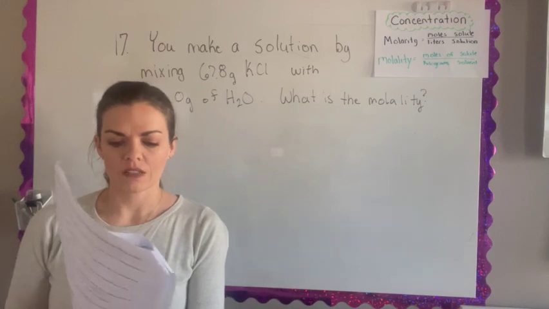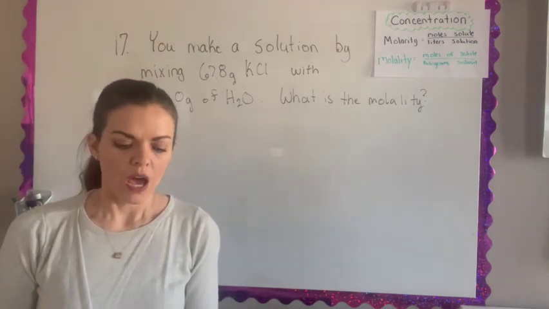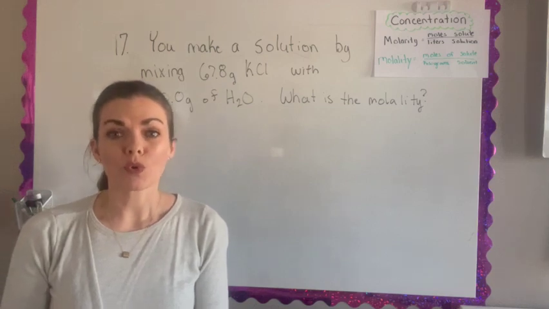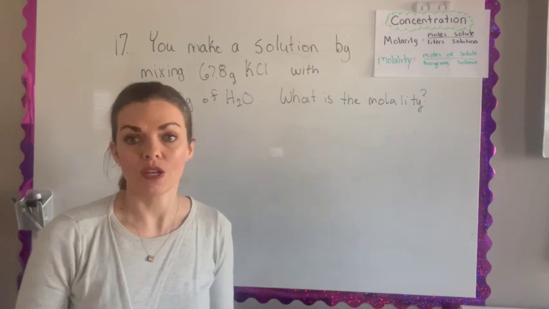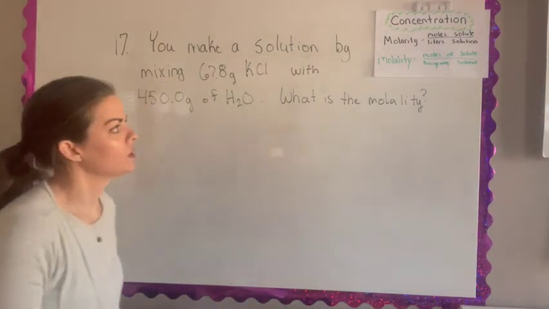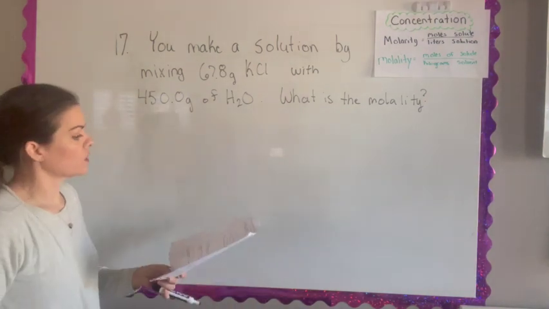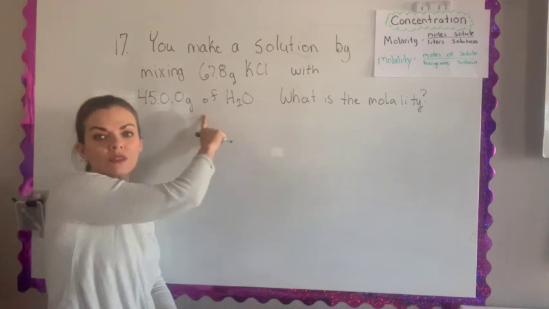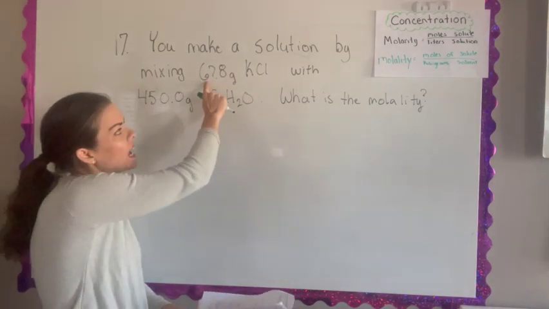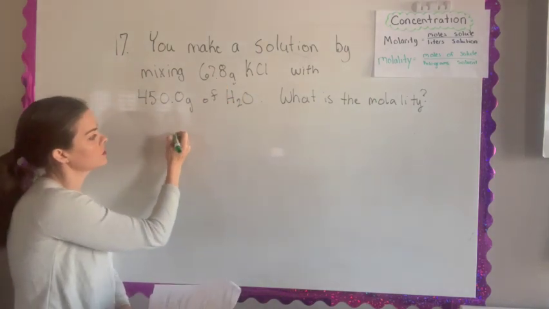Number 17 says I'm making a solution by mixing 67.8 grams of potassium chloride with 450 grams of water. And it wants to know what's the molality of the solution. So to find molality, I need the moles of the solute over the kilograms of the solvent. Well, I can easily figure out the kilograms of the solvent, but I have to calculate the moles of the solute from these grams. So I'm going to start with